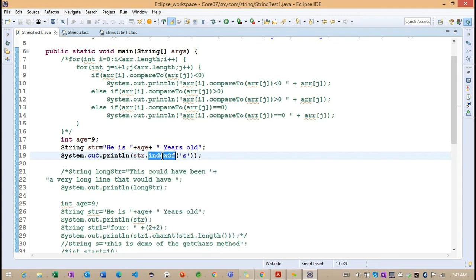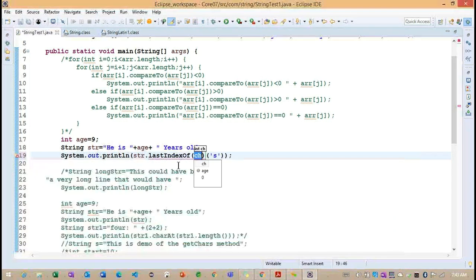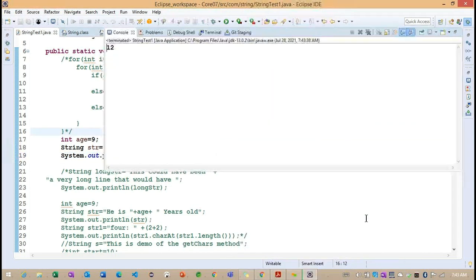And the same way, we have lastIndexOf. Now you can see that this time we are going to get a different output here. Previously, we got 4. Now we are getting 12 here.